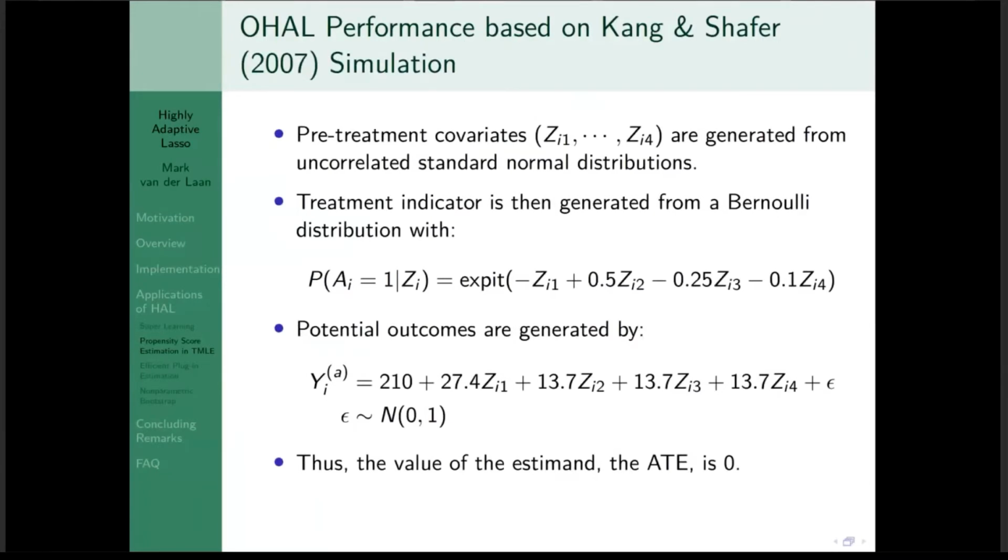And so there's one type of simulation we often use for evaluating how well a method works. That's a simulation due to Kang and Schafer, and they used that at the time in that article to evaluate a whole collection of estimators, including double robust estimators, and in particular pointing out that many of them perform poorly in this particular simulation, which happens to be very challenging. And so it was kind of an argument for saying, maybe these double robust estimators are not always a good idea. Of course,